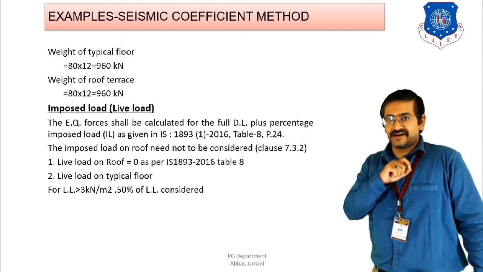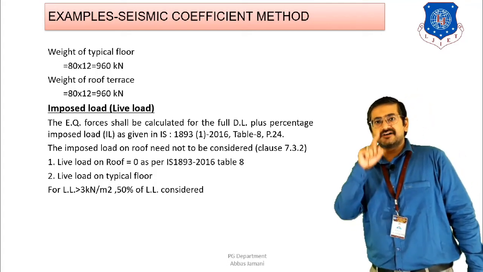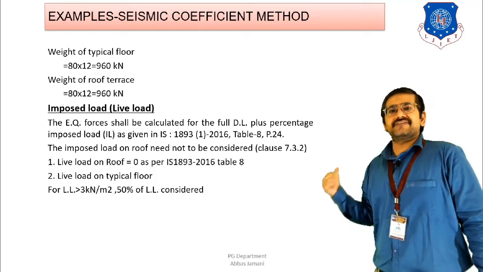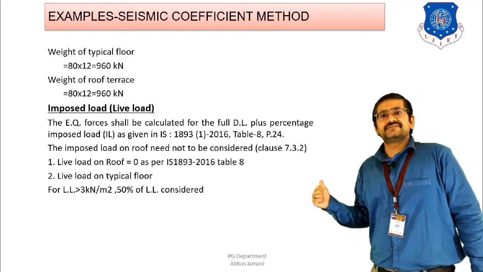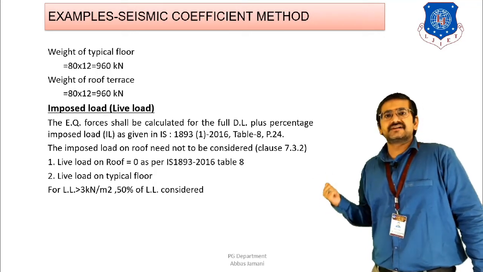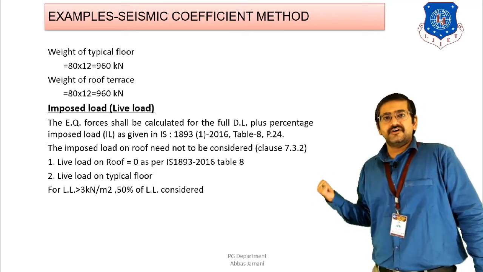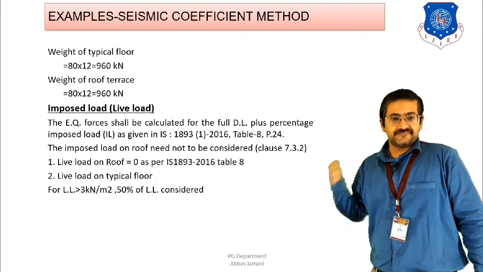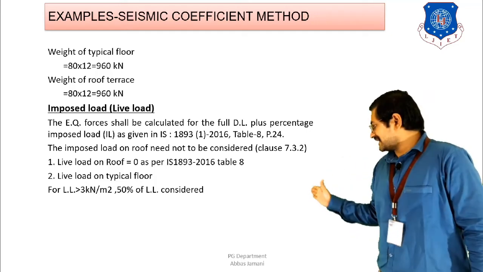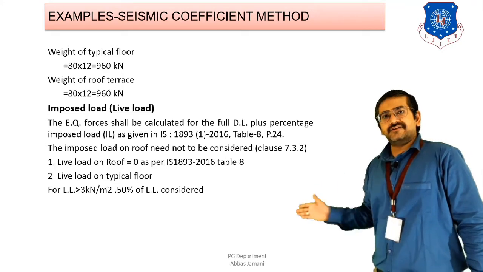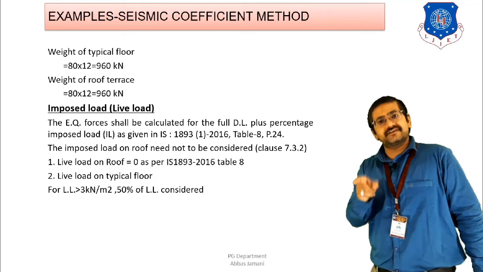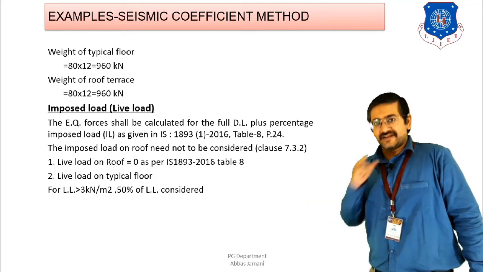We already discussed that in the last class, and this has to be remembered throughout the subject of earthquake engineering. If I want to consider the effect of imposed load on the roof, then it will be 0. But if I want to consider the effect of imposed load on the floor level, then I have to consider 50% of its actual value, right? That is what I have shown: live load on roof is going to be 0. In the actual case this live load on the roof is going to be there, but for calculation of earthquake forces this value has to be considered as 0. Don't get confused over there, right?